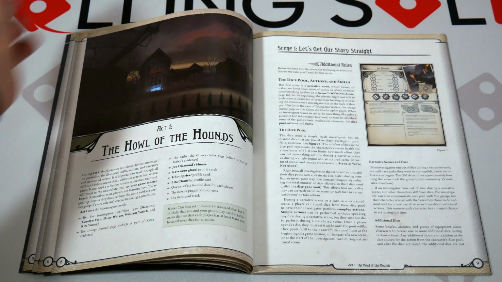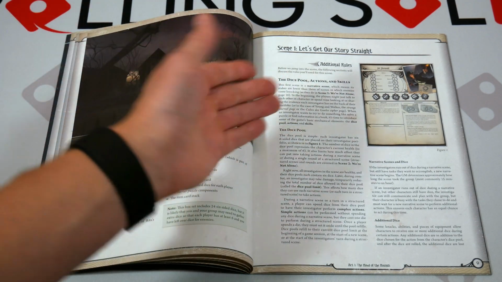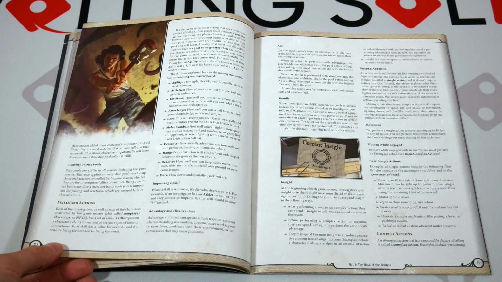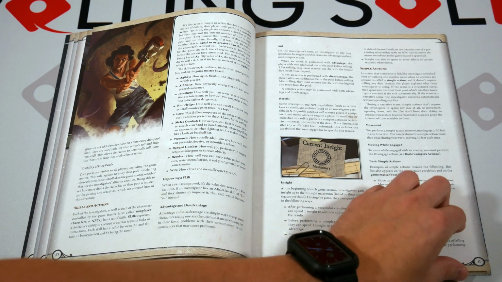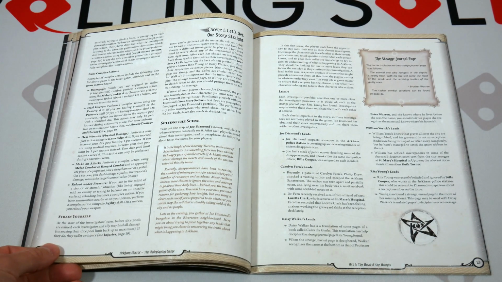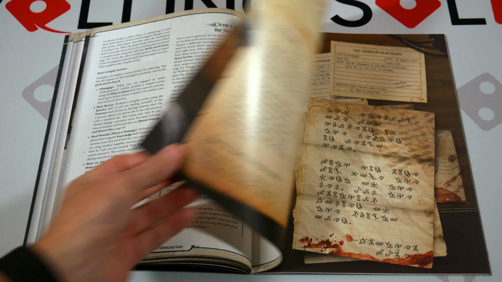We got scene number 1, which is let's get our story straight. And it dives into the dice pool, the actions, the skills, and starts breaking things down as to how things flow in the game. So feel free to pause the screen and take a look. The font might be just a tad small to see from this distance, but you should be able to read most of it. I'm just basically showing you the format and the flow of this to get individuals that might be interested in this excited,